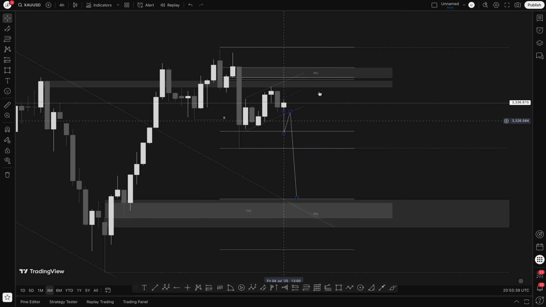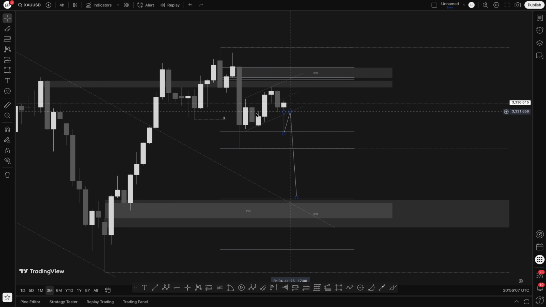So I want to see, for gold, this is how it works. I want to see gold tapping into this level before I sell. So this is what I want to see. Either I sell on the breakout of the ascending channel, this channel here. This is an ascending channel despite being on a downtrend here on the 4-hour. I want to see price breaking out of this ascending channel